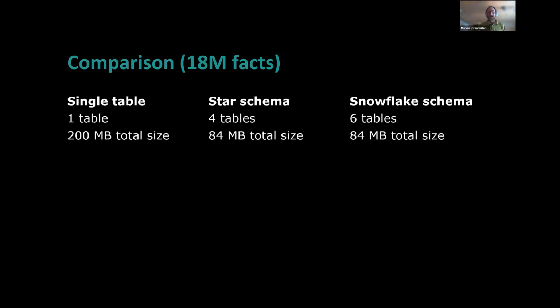And what surprised me was the size of the thing, because we know, I mean, Power BI's VertiPaq engine, like the columnstore index in the SQL database, is really good at compressing everything. But with the single table approach, it was almost 3 times as big as the star schema or snowflake schema. This came as a surprise.